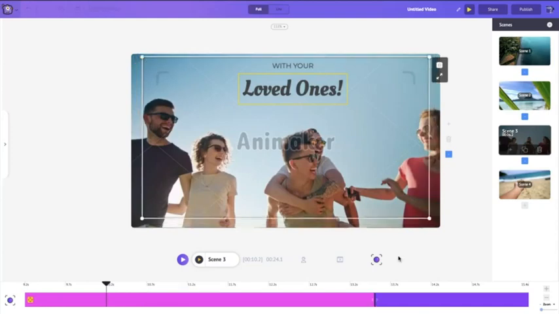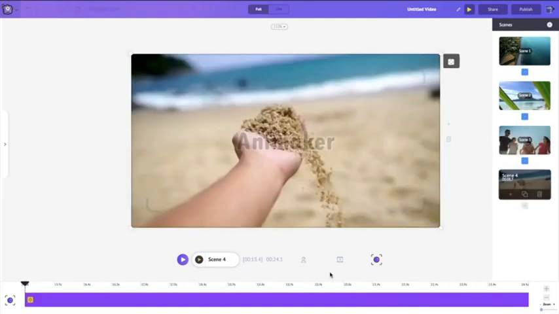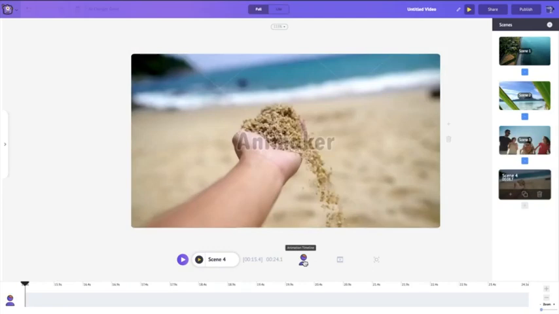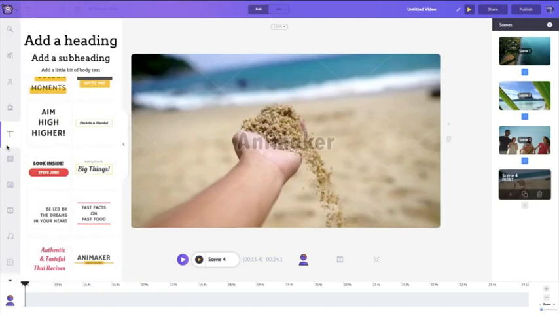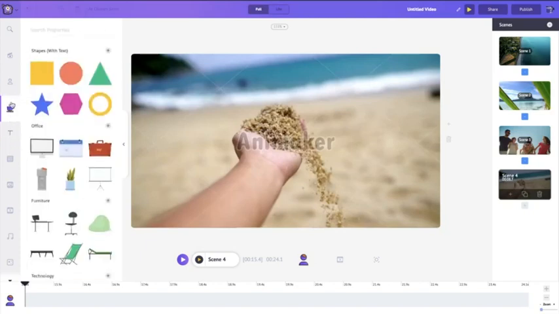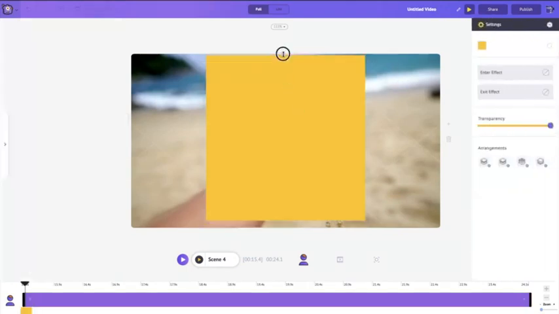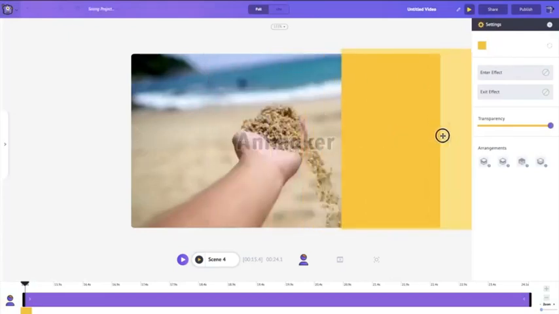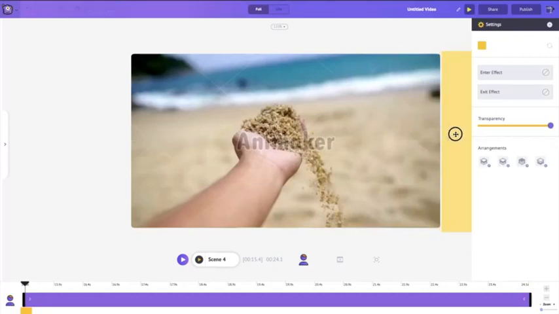So now let's come to the fourth scene. So I'll click on the scene 4, go to the animation timeline, because now we want to add some properties to our video. So first of all, I'll add a square, and I'll show you what I'm gonna do with the square. So for that, go to the properties tab, select this shape. Now I'll just resize this shape. And the only reason I'm adding this shape is to show you a very cool feature in Animaker, which is